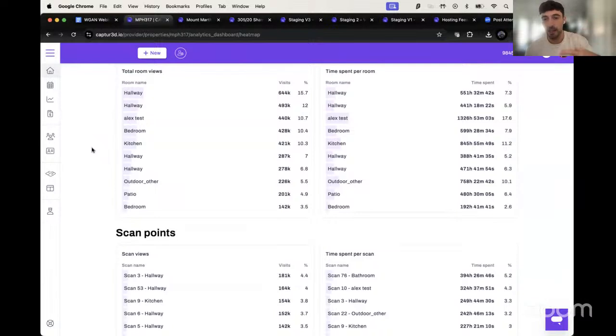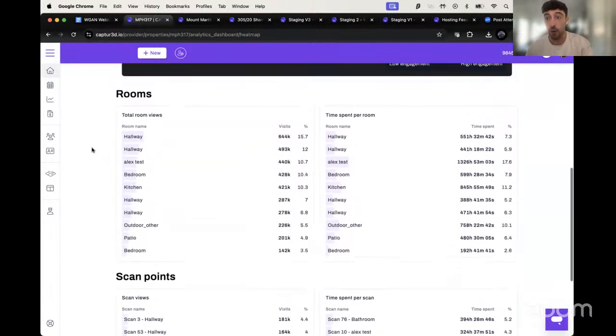However, this table is great to just quickly visualize and give an overview of what's been interacted with and viewed, but kind of difficult to compare against other properties. And so by offering a CSV download, you can combine or merge CSVs with each other to get a comparison and a breakdown of all the different properties that you're offering.